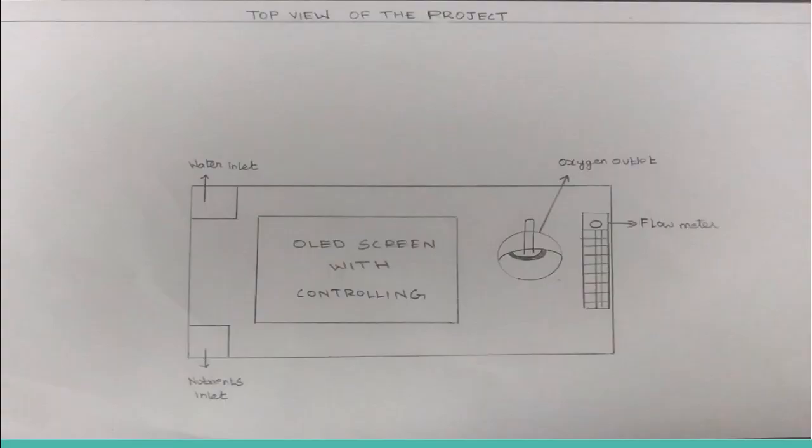So the water will be supplied through the water inlet. Plants only use 1% of water, so there's a huge amount of water loss. The users will be required to refill the water on a daily basis. When the nutrient level is too low, the system will prompt the user to refill the specific nutrient. It takes about 2 to 3 months for a particular nutrient to get completely used. The overall movement will be controlled by the flow meter, which regulates the oxygen and delivers it using nasal cannula, nebulizers, and oxygen face mask.